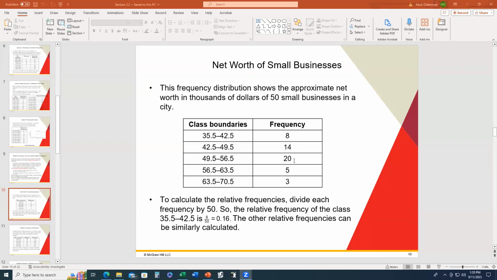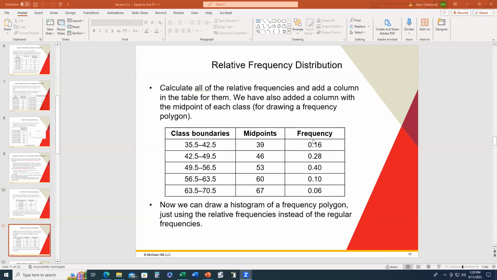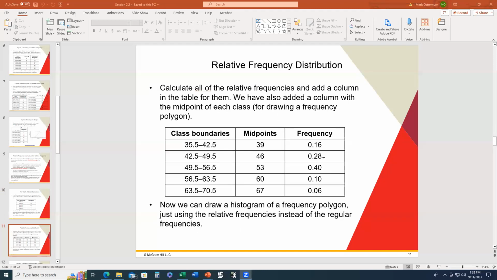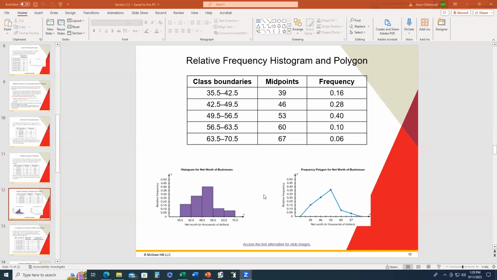The relative frequency of the third class is obtained by taking 20 and dividing it by 50. So when you divide the frequencies by 50, all of them, you generate what are called relative frequencies. These have to sum up to 1. Notice these are the midpoints of each class generated here. So when you generate the midpoints of each class and also the relative frequencies, then, ladies and gentlemen, you can build